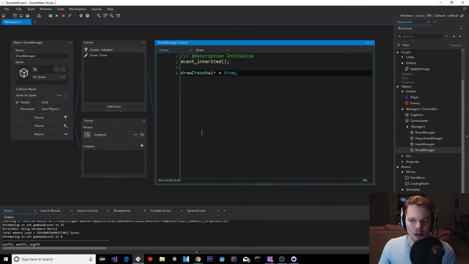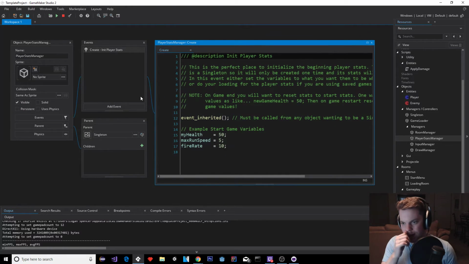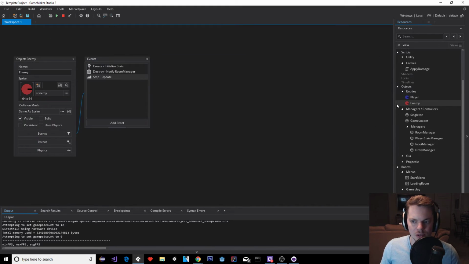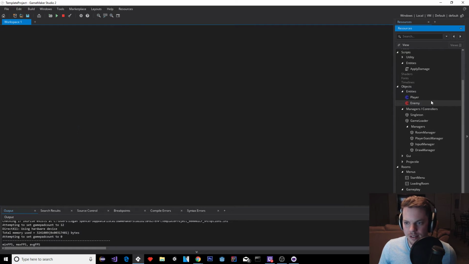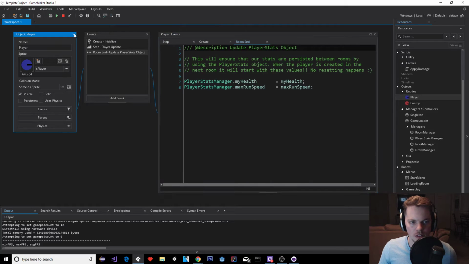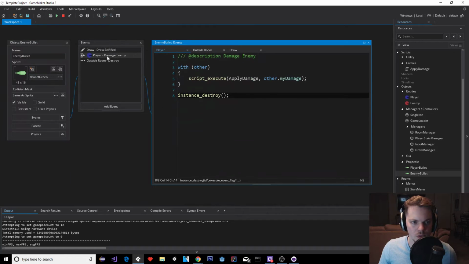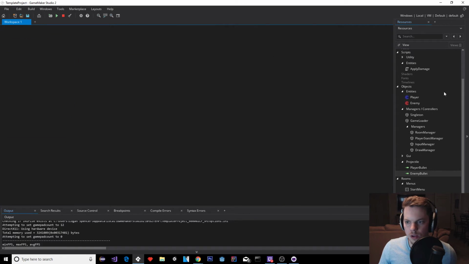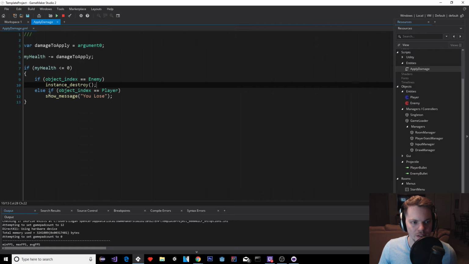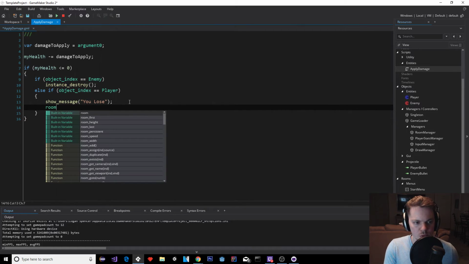So if I reset the game right now, since our player stats manager doesn't ever get destroyed, here, I'll go ahead and demonstrate it because it might confuse some people. So in our player... Oh, wait. Where did we actually check? Oh, apply damage. So in our apply damage script, when we show a message you lose, if I were to say room go to,